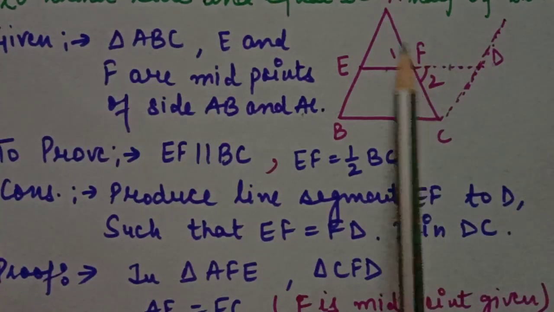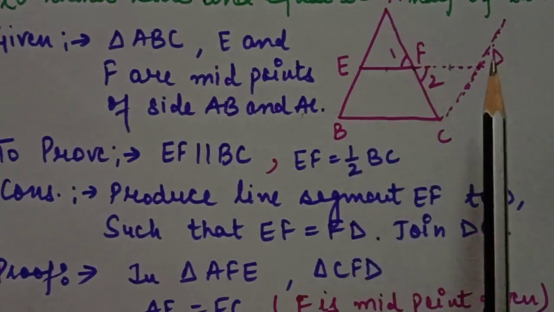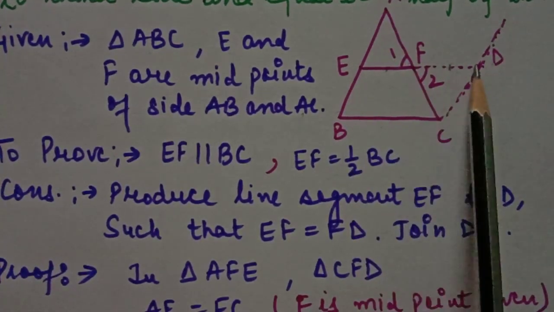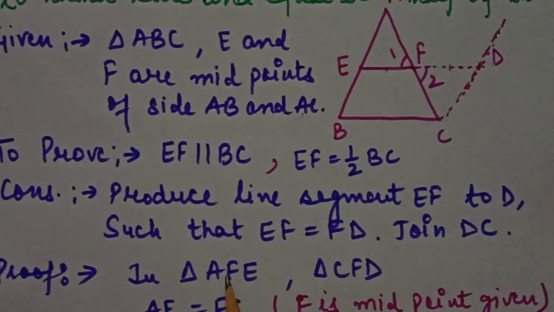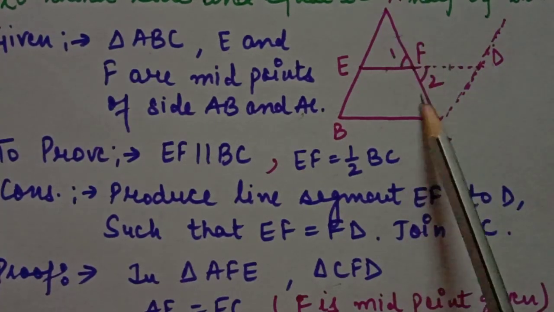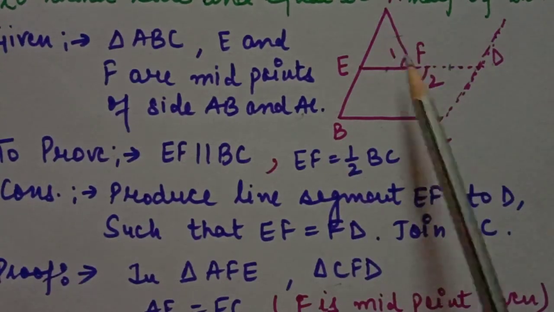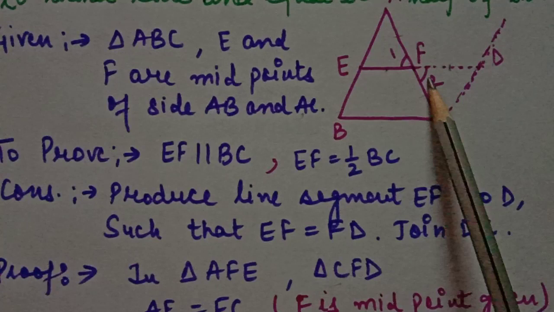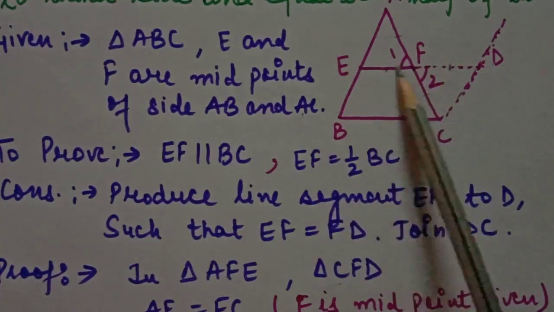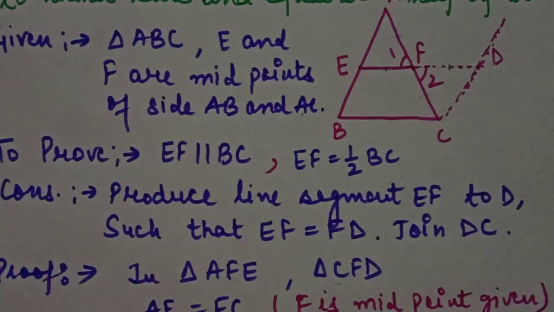Now we have to try to prove congruent these two small triangles, triangle AEF and triangle CFD. In triangles AFE and CFD, we need three elements. So students, try to think. First of all, this side is equal to this side because F is the midpoint, and angle 1 and angle 2 are equal to each other, vertically opposite angles. This side is equal to this side because of construction. So students,